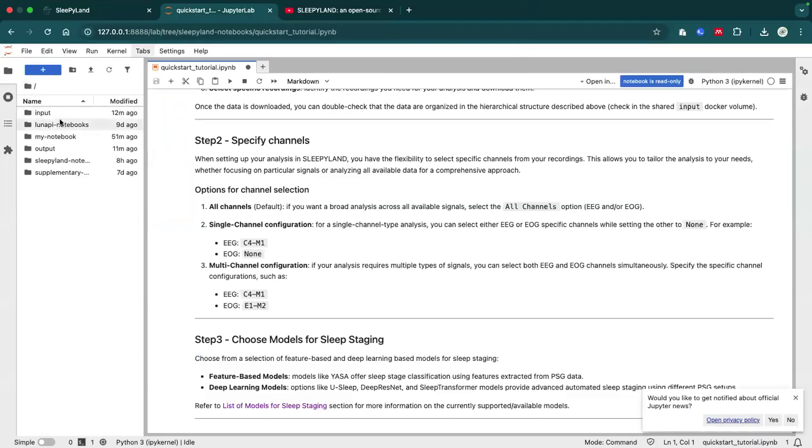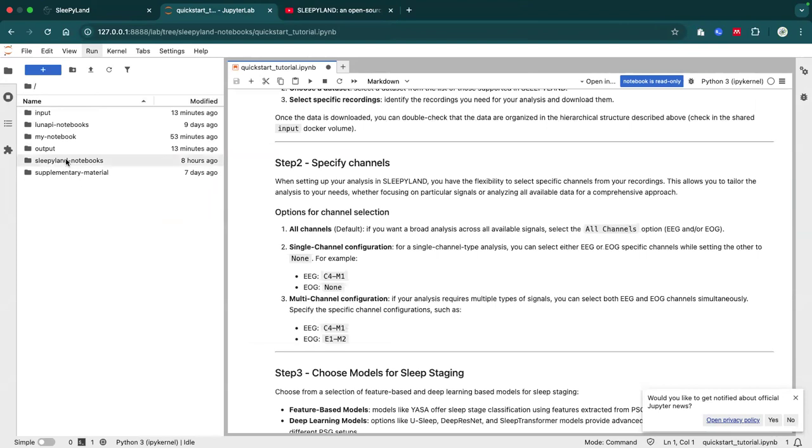Right. And again, as we are running everything locally, you can see everything we had in input and output. So all the stuff that we generated via the UI. And another important thing before diving into one example of SLEEPYLAND notebooks that is indeed linked to the sleep staging,